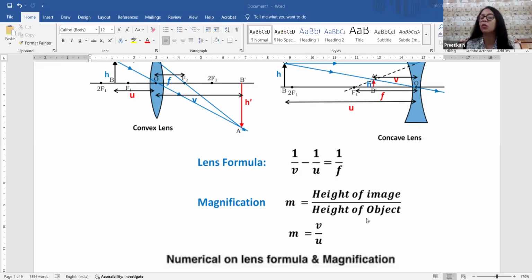All right, right, Mishika, it's a good observation. Basically, in this, you don't have the minus in the magnification formula. It's simply V by U. And again, this is something you need to learn because we are not going to derive it in your grade 10, right? So these are the three formulas you need to keep on your fingertips that we will be using in solving the numericals for the lens case.